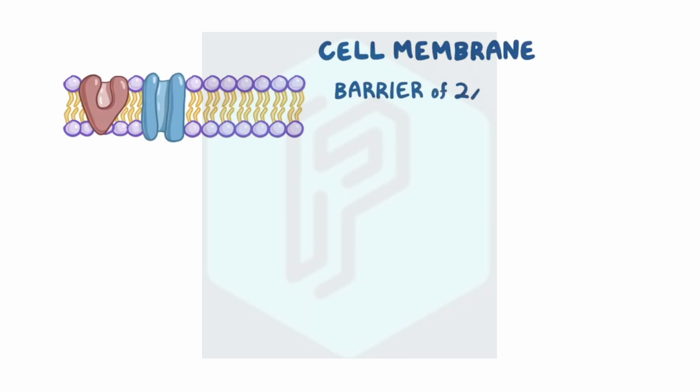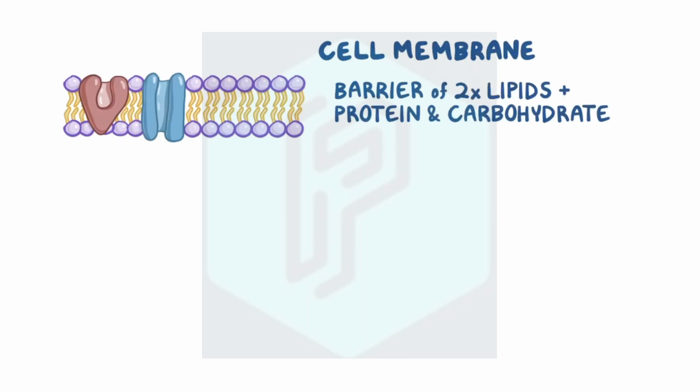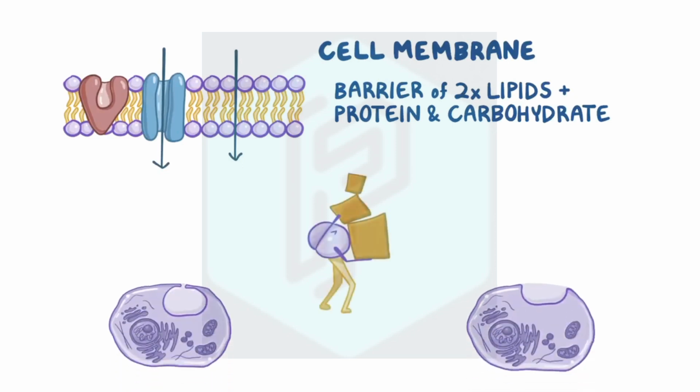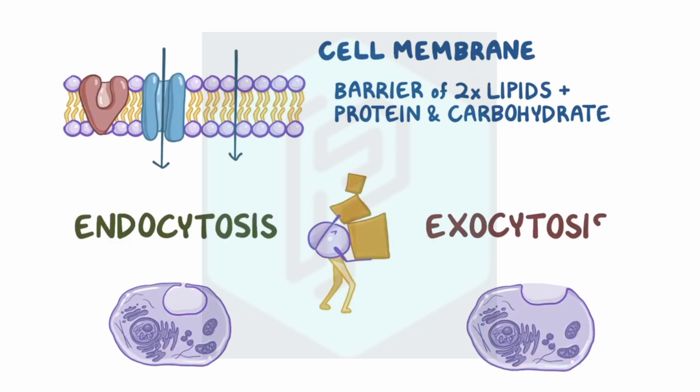Cells transport material in and out across their cell membrane, which is a barrier made up of a double layer of lipids with embedded protein and carbohydrate components. Some molecules can diffuse across the membrane, or be transported across with the help of membrane-bound proteins. For transport of larger cargo, however, cells use endocytosis and exocytosis to transport material in and out of the cell,